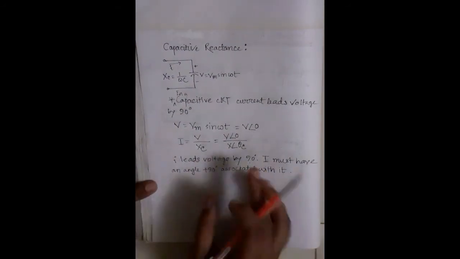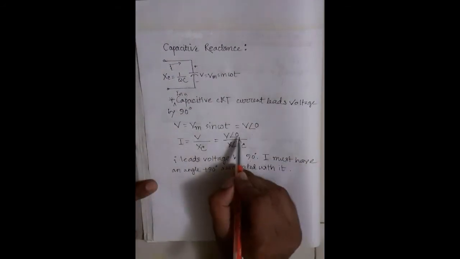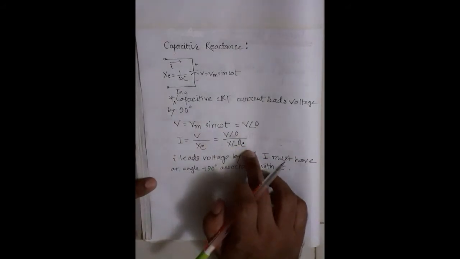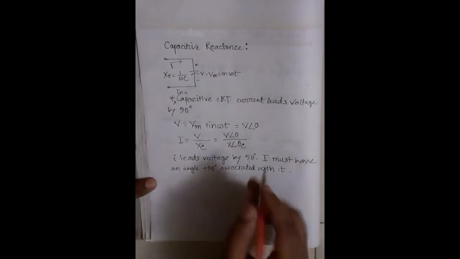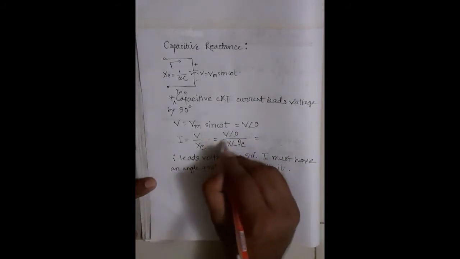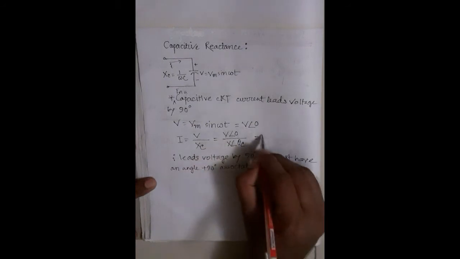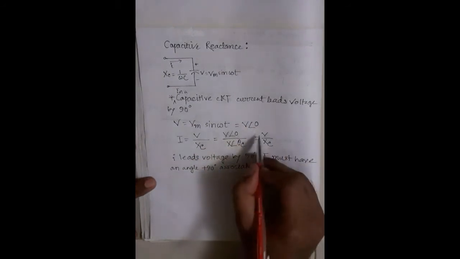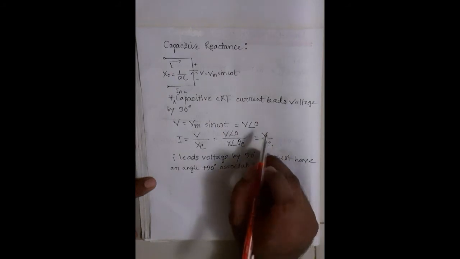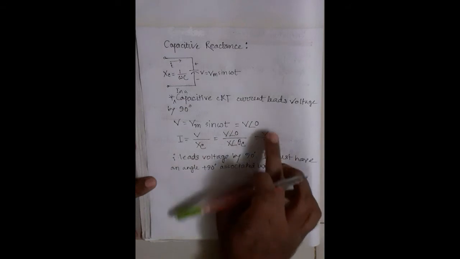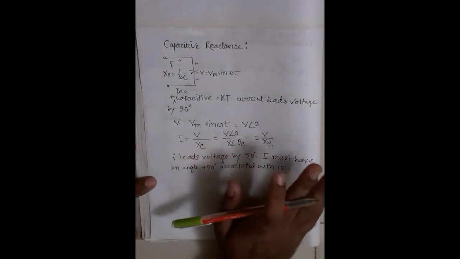So to have an angle of 90 degrees, this is already 0. In the denominator side, we have theta of C. So as we all know, the final angle is found by subtracting, and the magnitude remains as it is. So V over XC, right? This will give us a numerical value. Let's say we have 10, and here XC is equal to 5. So this value will be giving us a numerical value of 2.